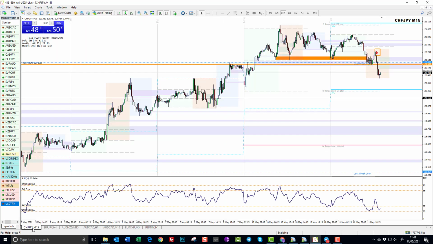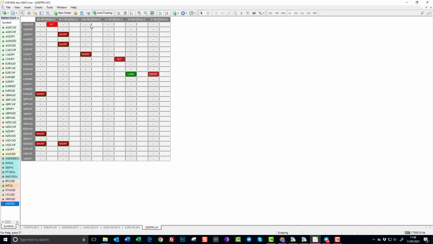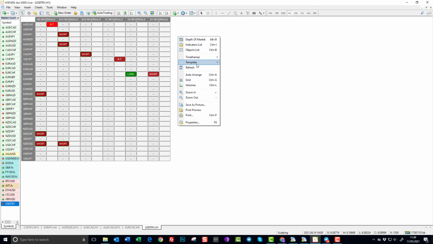So you should basically be using it where you're trading away on your charts as normal. And this just sits in the background, just chugging away and alerting you when market reversal alerts and market reversal alert retests actually happen. So the way to set this up, if we go and have a look at the indicator settings,